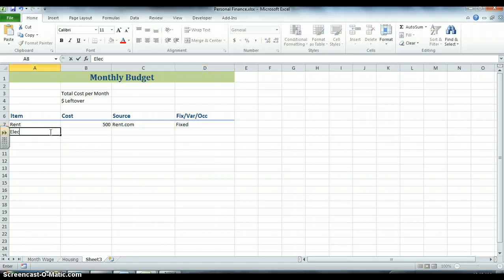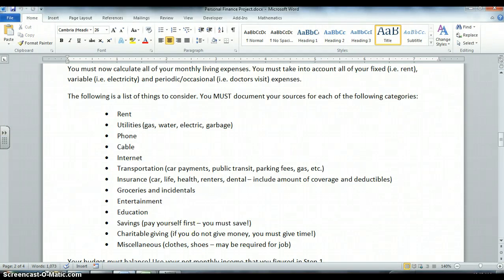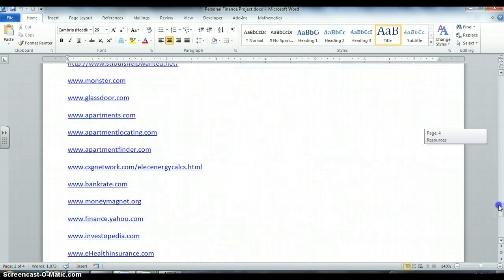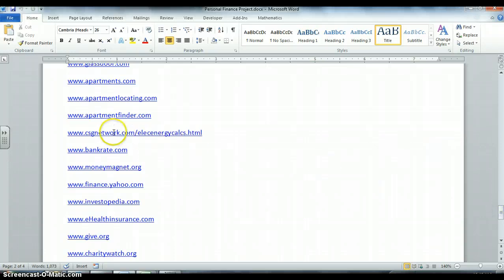Next up would probably be electricity. So if your apartment says that it comes with electricity or electric outlets, that does not mean that it's paid for. If it says utilities paid, then you do not have to put electricity, you could just write 0 for this part. But if you do have to pay for electricity, if you go into our resource section, this CSG